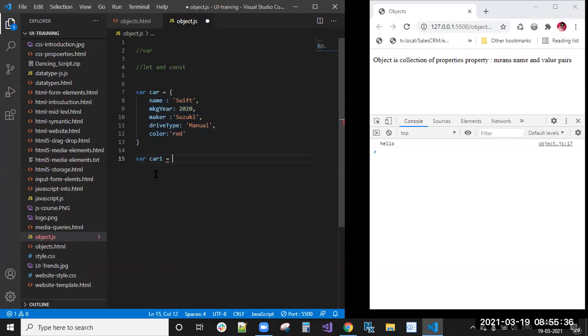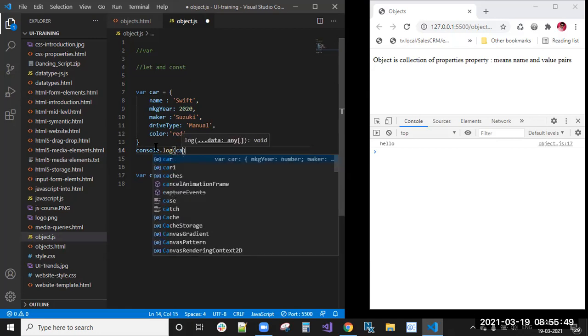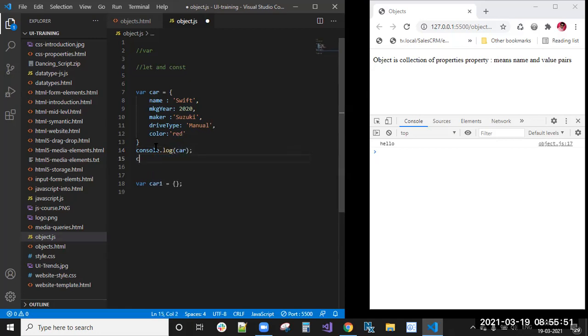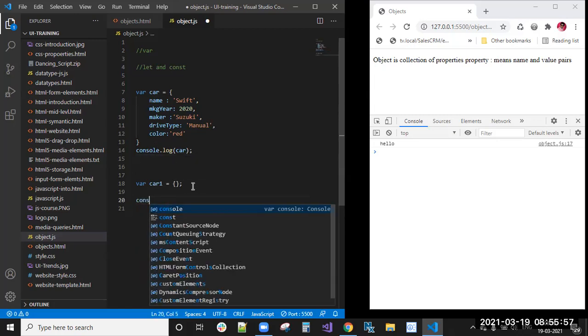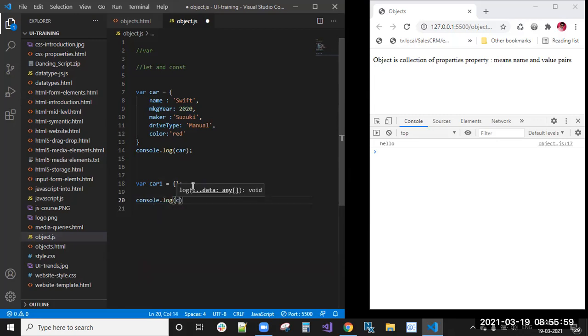Already one car is there, so I'm creating one more car. This way also we can create a car. And if you write here console.log of car, and also console.log of car1, not here, we have taken independent.